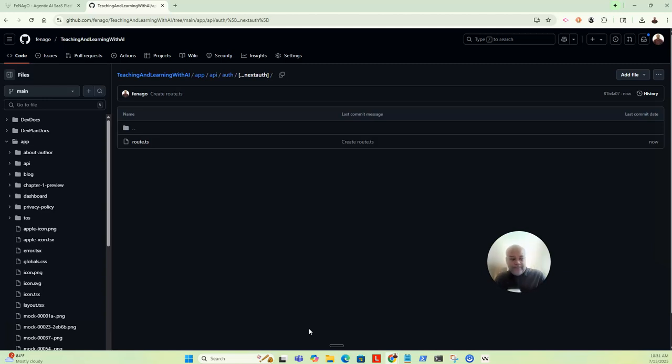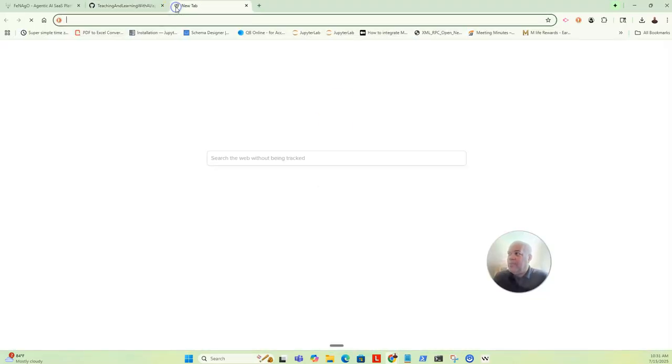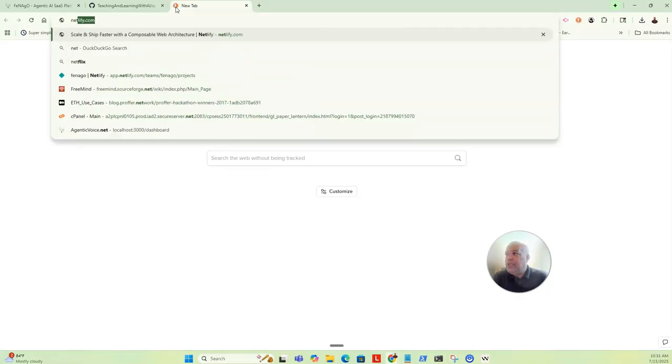Okay, now what we need. So that is how you build it. That is how you do the initial push out to GitHub. So now what you have on GitHub is identical to what you have running locally. Every single file. Now we're going to need to keep them in sync. From here, I'm going to ask you to go to